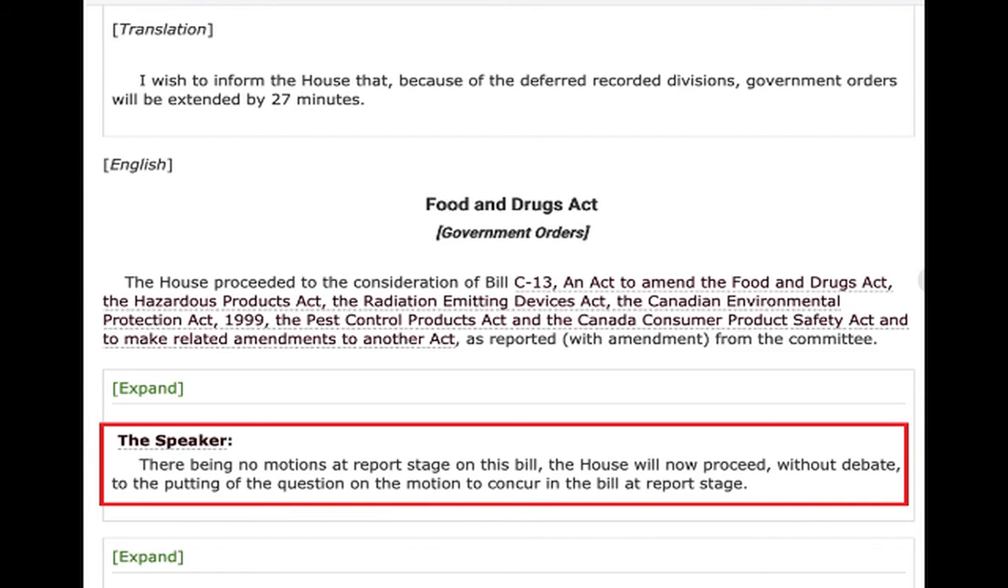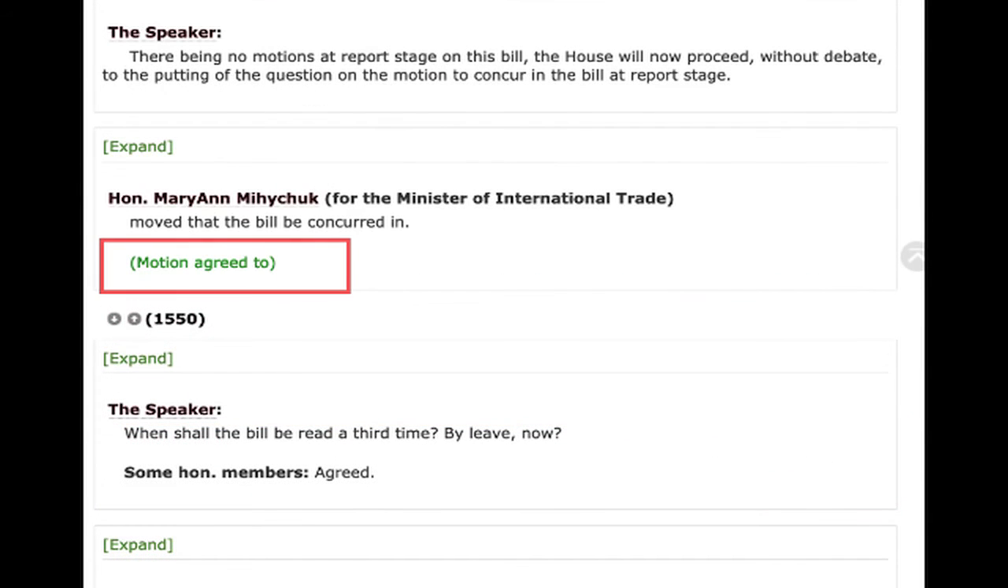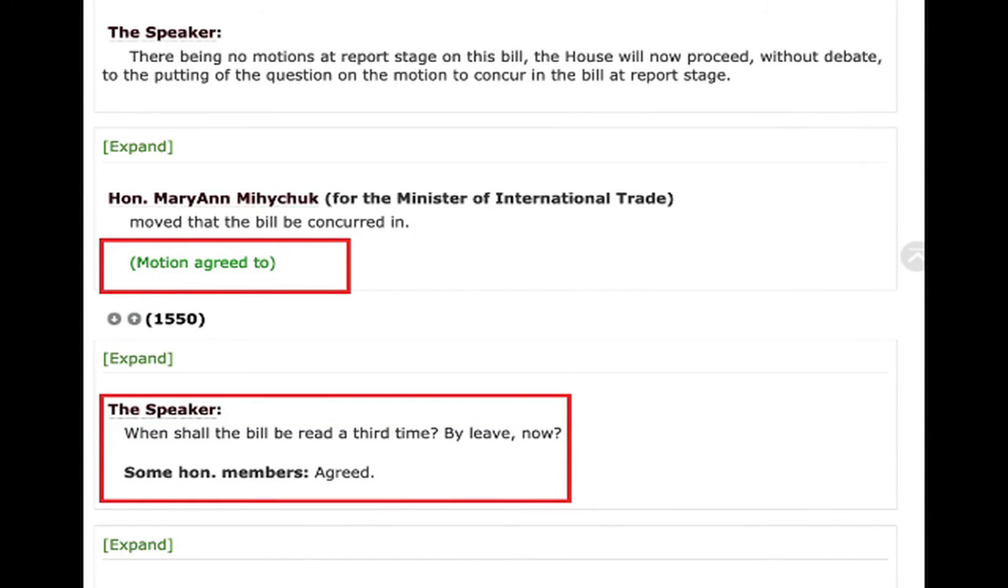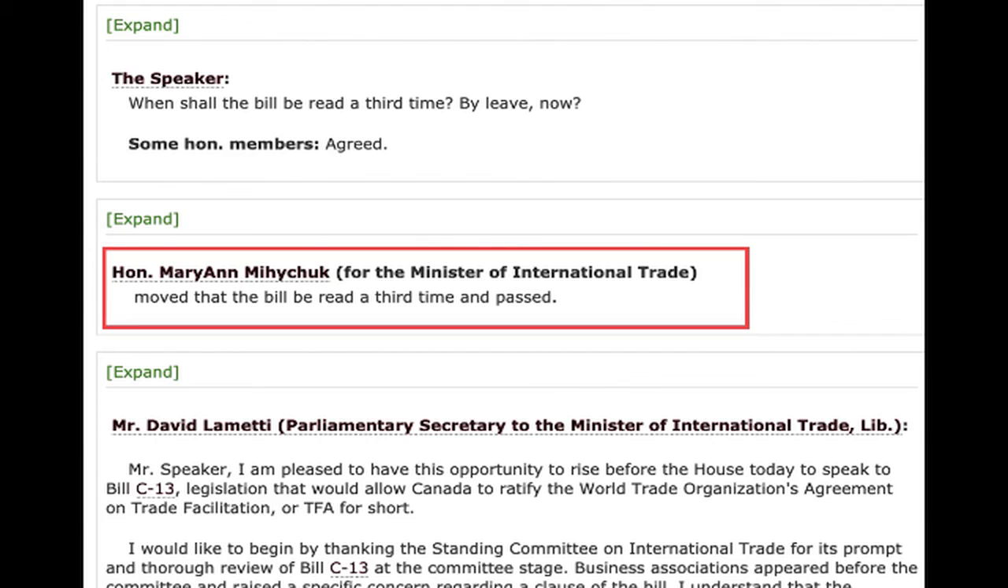This particular bill was not too complicated, so they simply voted to concur in or accept the changes and move on immediately to the vote on the version of the bill as amended by committee. The report here was accepted, and the House agreed to move to a third reading right away, and this is normal procedure. The third reading starts off with a motion,